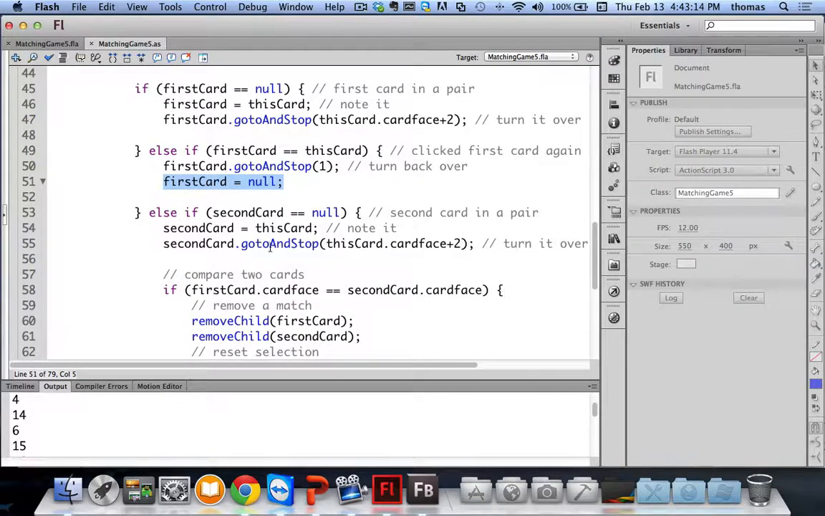Else if the second card is equal to null, so the first card has been chosen, but the second card is equal to null, right? So let's say that I've clicked on the first card, and I've turned it over. If that's true, that's cool. Now, the next time I come through here, if the first card is not equal to null, it's going to check the second condition. If the first card is equal to this card, it's not. Okay, now continue. Else if the second card is equal to null, now I'm choosing another card,